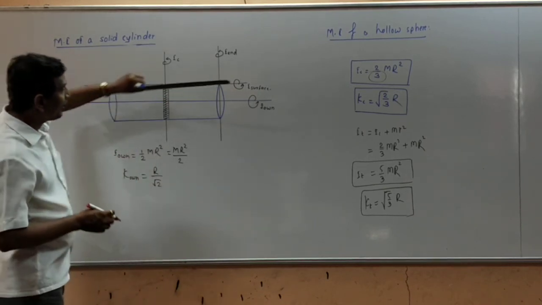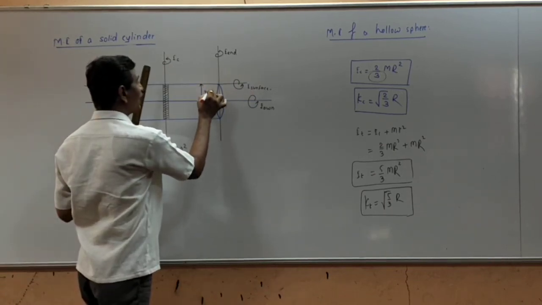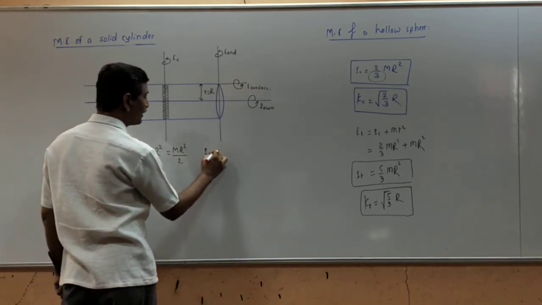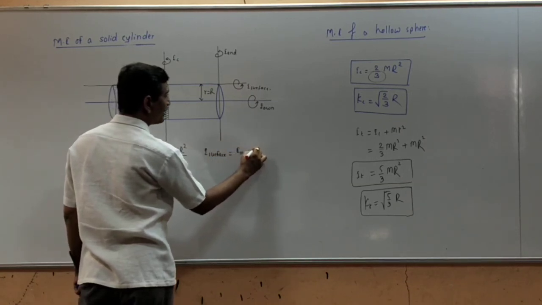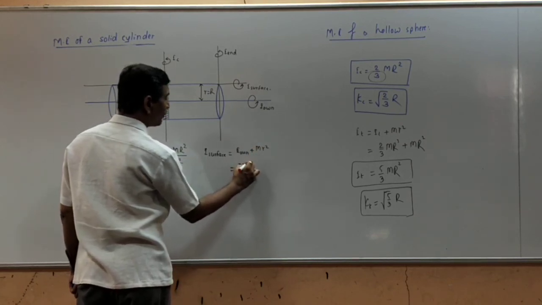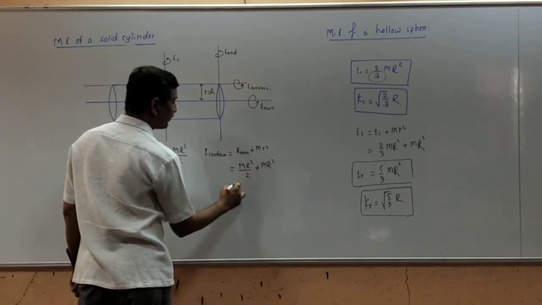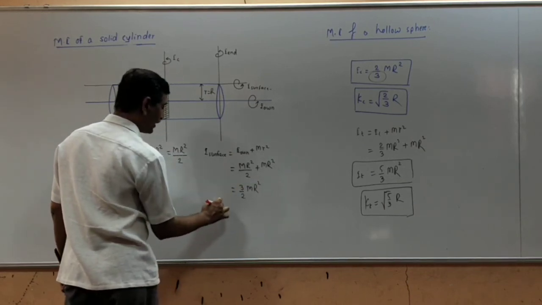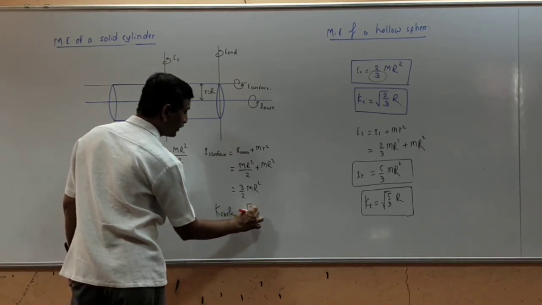So then for this axis apply the parallel axis theorem. This small r is nothing but capital R. So what is the moment of inertia about an axis coinciding with the surface? It is I own plus mr square by which theorem? Parallel axis theorem. So it is mr square by 2 plus mr square. So it is 1 mr square plus 2 mr square, means it is 3 by 2 mr square. And radius of gyration about the axis coinciding with the surface is root 3 by 2 into r.